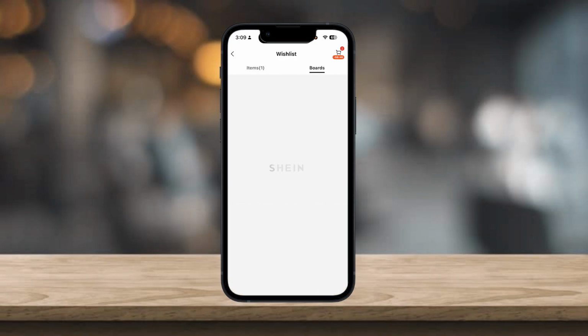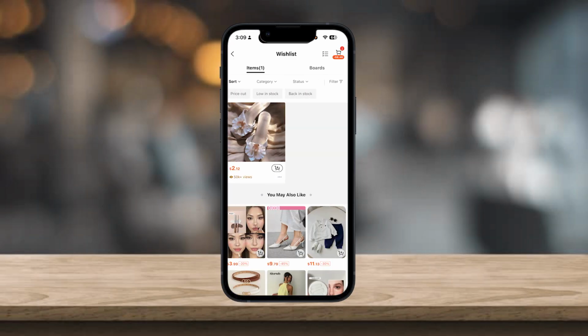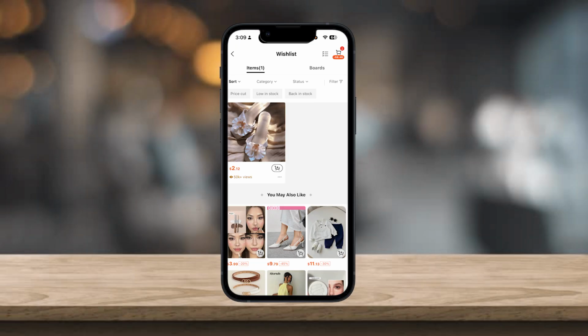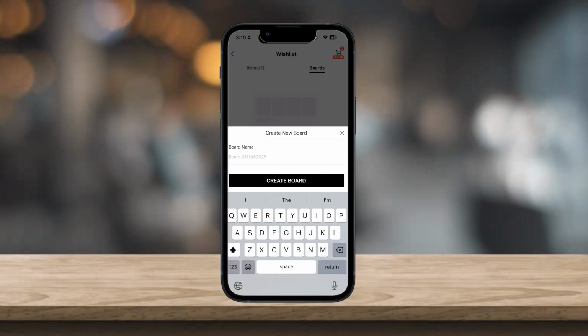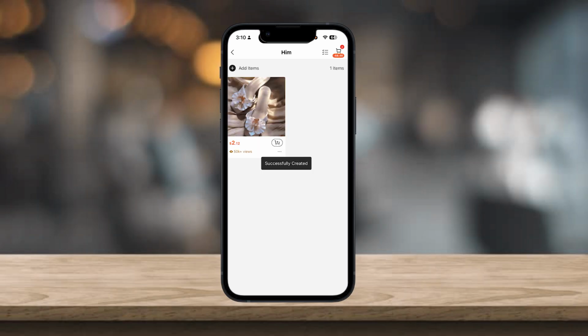You can simply go ahead and click on board, and you can click on create board. Let me just go ahead and do it real quick. So you can simply go ahead into your board, create board, write your board. So simply go ahead and click on create board, select the one on your wish list and click on add